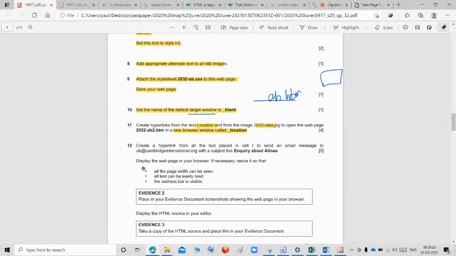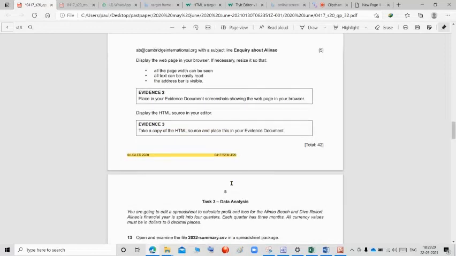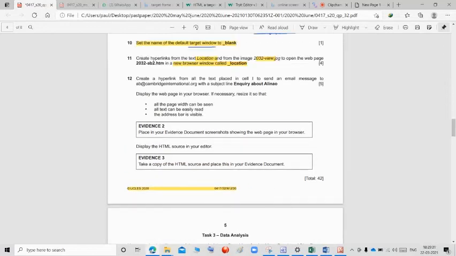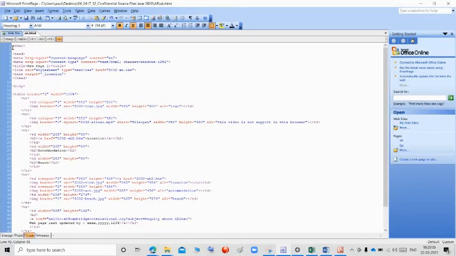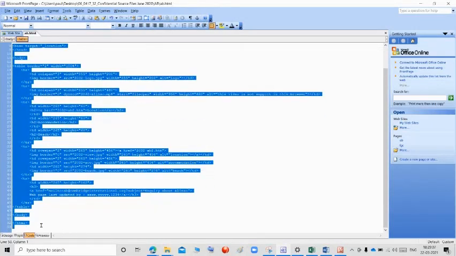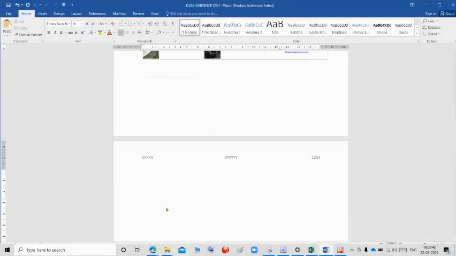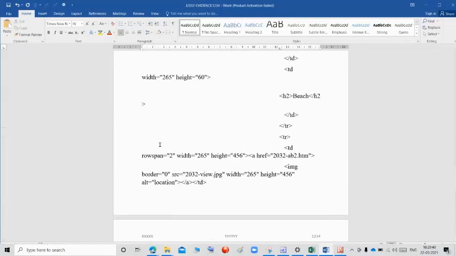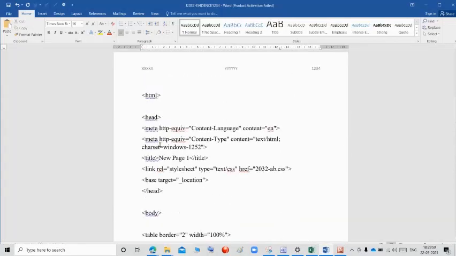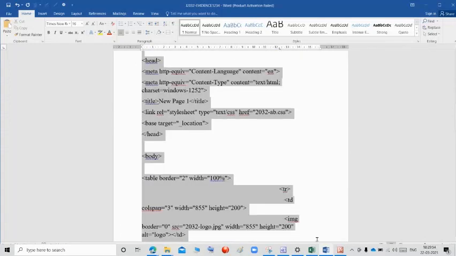Next question: please display the HTML source in your editor. So now we are going to display the HTML source in our editor. Click this, select all, go to your evidence document and paste. There will be a lot of space, so adjust the HTML and write all the code.